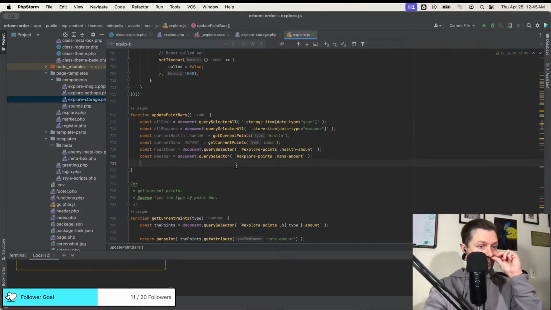Yeah, okay. So now we have the bars to update. And we'll update their amount. And their width. The width also needs to be updated.